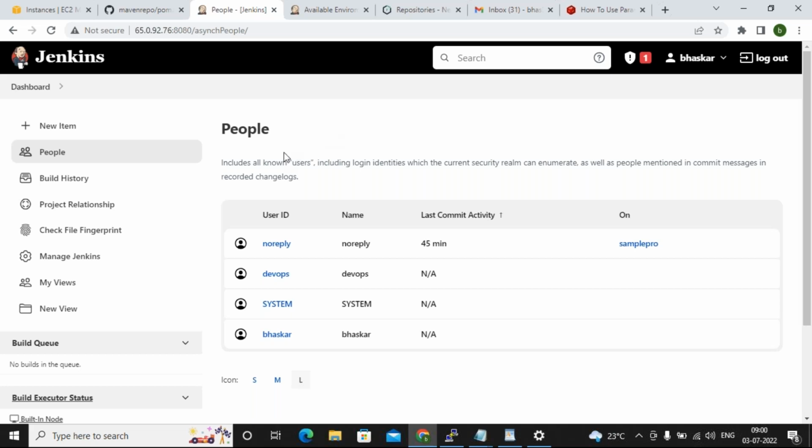Sometimes their job is there, and they want to modify it or run it every time. They have their own job, not related to GitHub.